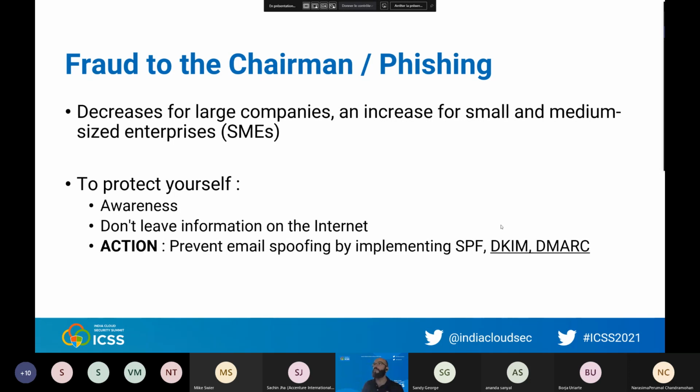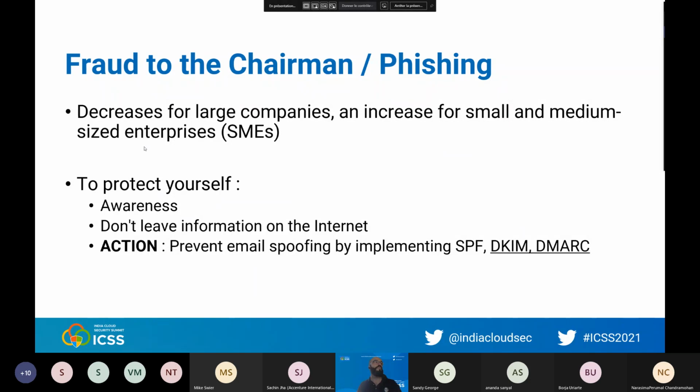What it will do is electronically sign the email, and this signature will be sent in the email header. Doing that, when you're the recipient of an email, the system can check that the email has not been altered or modified. Same for DMARC. It's not implemented by default in Office 365, and it's not such a big deal to implement. It's a matter of a few PowerShell lines to run, and it will add additional checks and give instructions when SPF or DKIM fail.